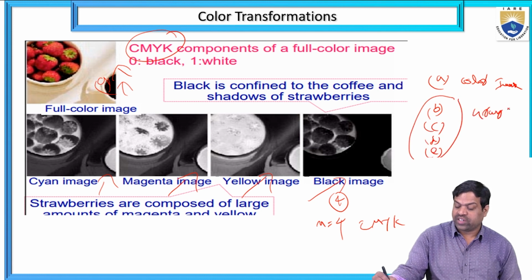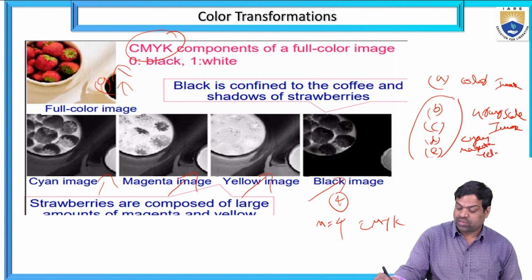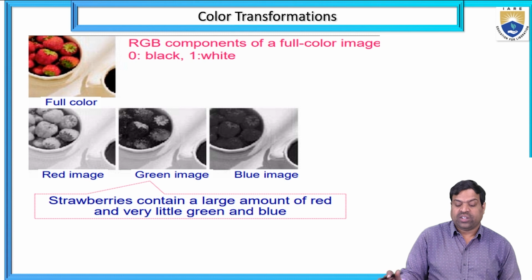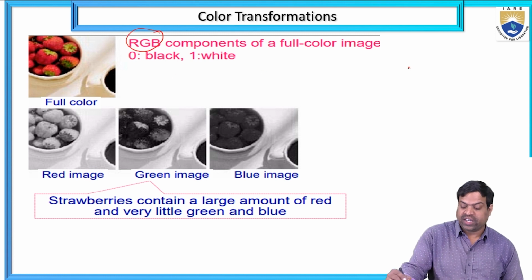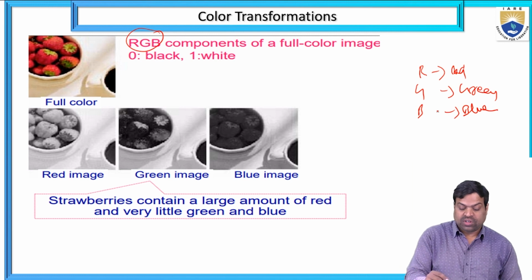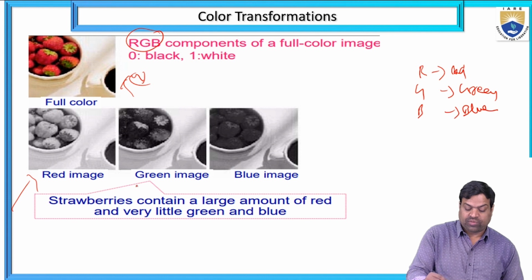It is a grayscale image with cyan, magenta, yellow and black. So CMYK. So these are the color components of this one. And another one is RGB, red, green, blue. So it is a color image, and output images are in the form of red image,